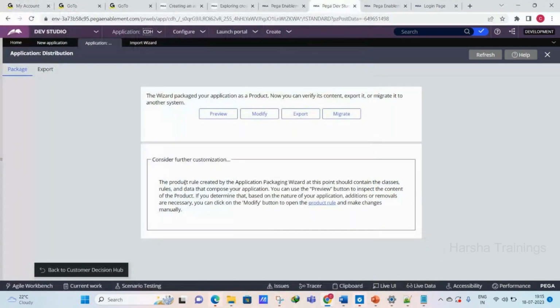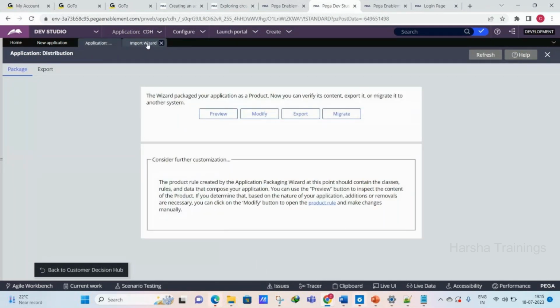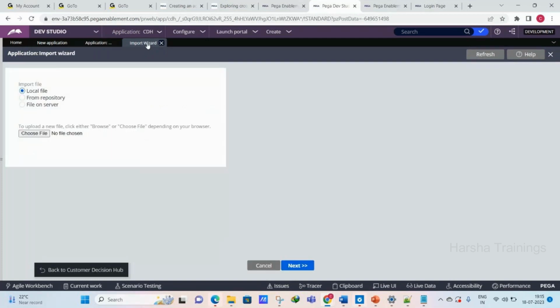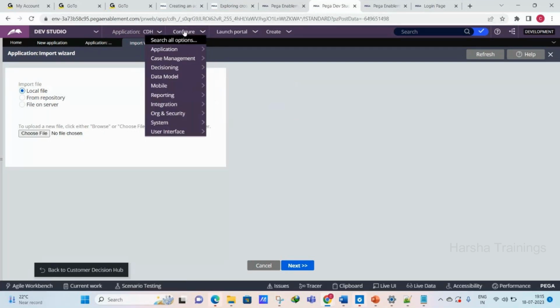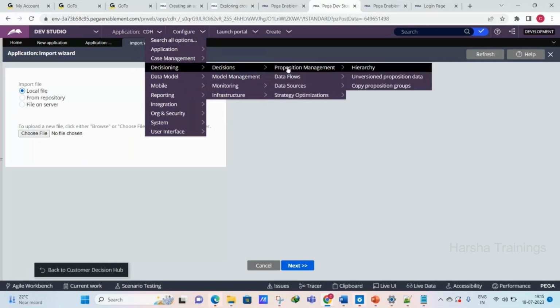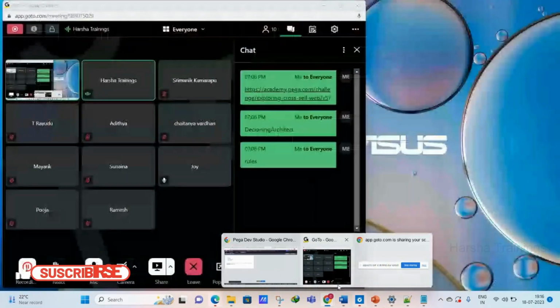You don't need to worry that the wizard is there in one and not in the other. Just launch your personal edition, create a new application and start creating the propositions, proposition management. SR class, business issues, business groups, attributes, all these things you start creating in your personal edition, so that you don't need to do all these backup things every time. But for Pega marketing, as of now,